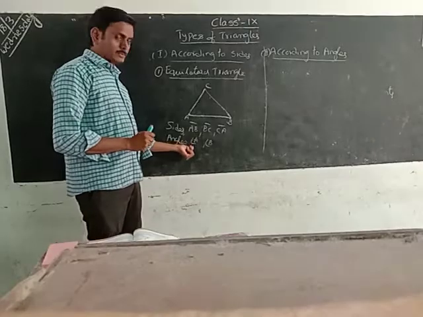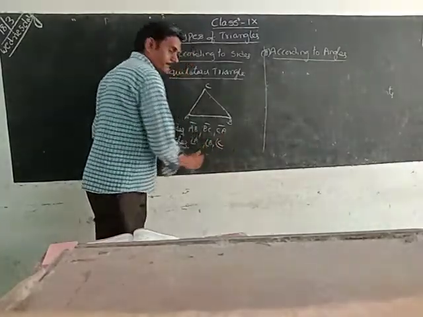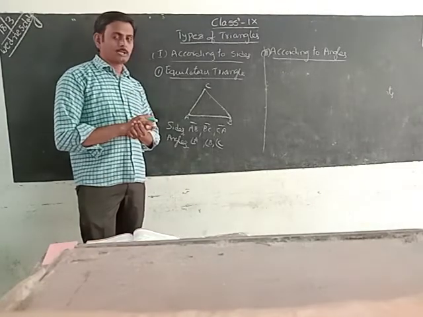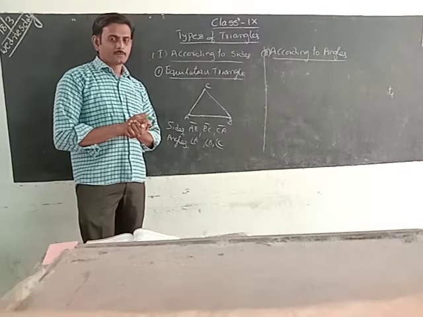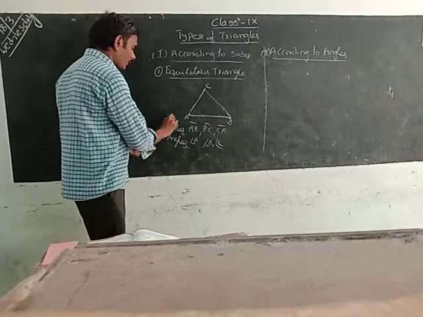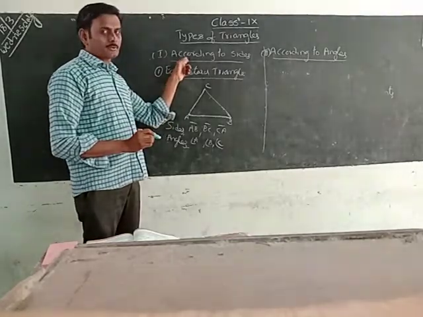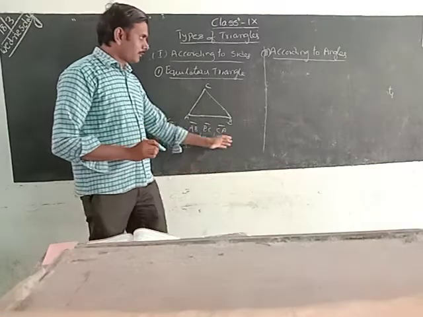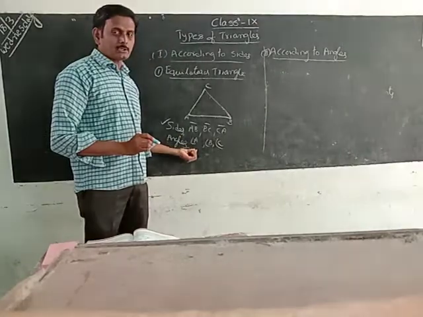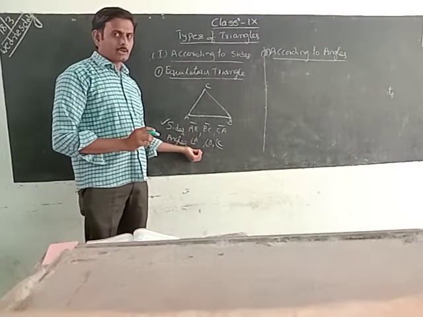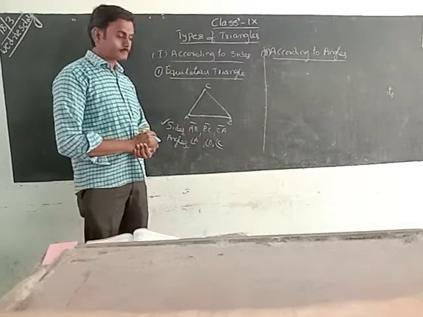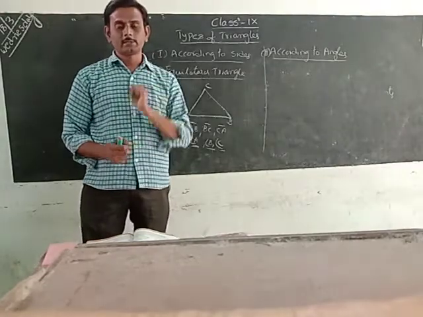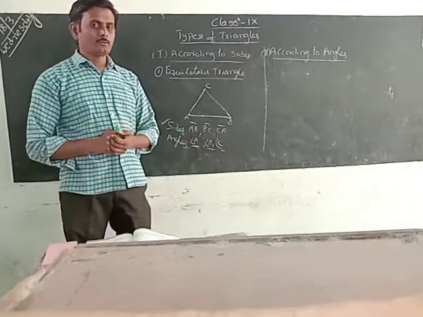Here every vertex has some angle. The angle symbol is this one, already we know this one. Angle C. To represent the angle name, we can use 3 letters. According to sides means we consider only sides; by considering sides we can go for the angles. According to angles means we consider angles only; by considering the angles we can go for the sides. To represent the angles we can use 1 letter, otherwise we can use 3 letters.